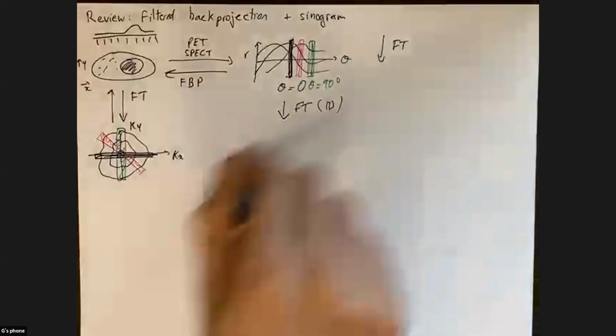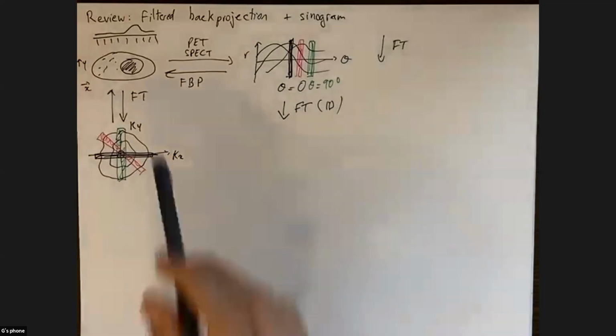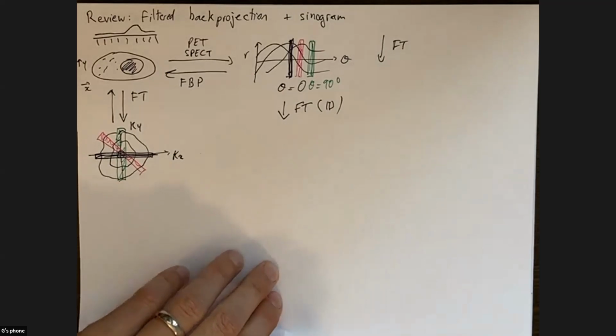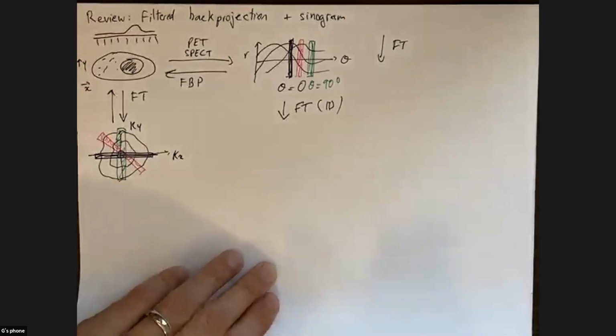So we don't really have to actually manipulate data in the frequency domain. We can do everything in the spatial domain using filter back projection. The filtering can be done in the frequency domain, but it can also be done using convolutions. There are different ways to do it, keeping the data in the spatial domain. But anyway, this is just a brief review from last time, and then I will move on to the next section of this